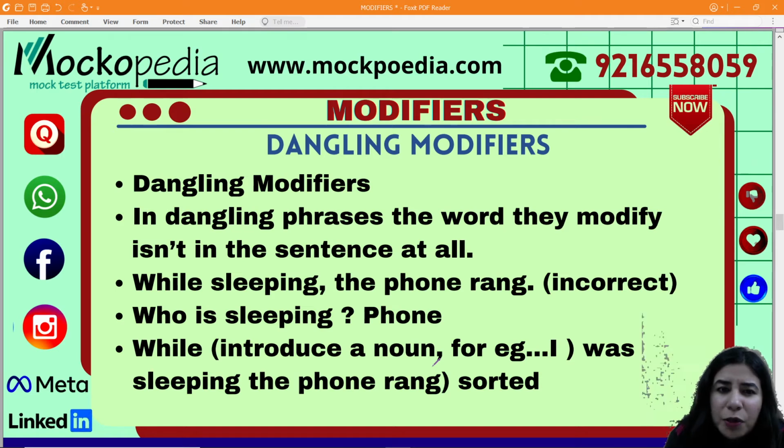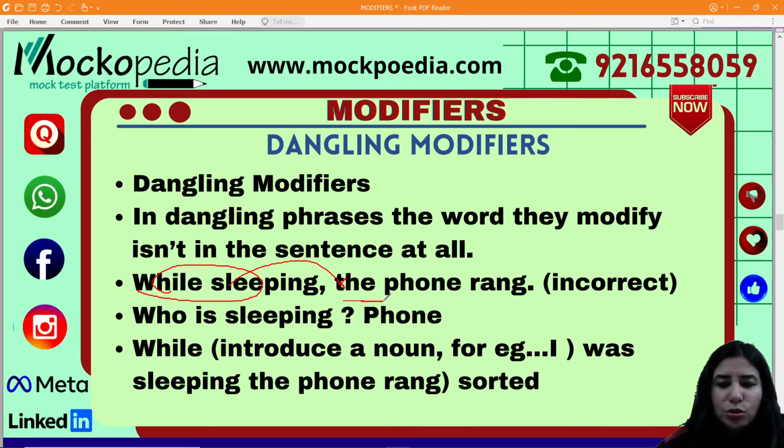So let's see one example, you will be more sorted. So let's take a look at the first example which is there on the screen. While sleeping the phone rang. So let me tell you that what is the modifier. A modifier है while sleeping। अब फोन तो नहीं सो सकता, राइट।